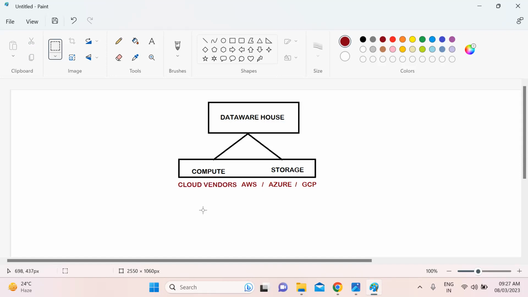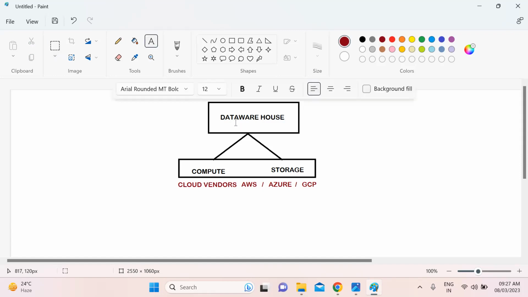For data warehouse, Snowflake data warehouse. I'm just saying that for a data warehouse, compute and storage are needed. Okay, fine. That compute and storage can also be on-premises. Let's say an example is Hadoop.